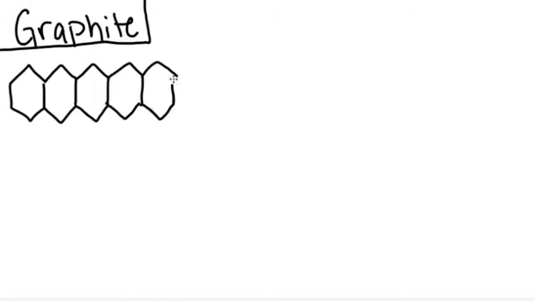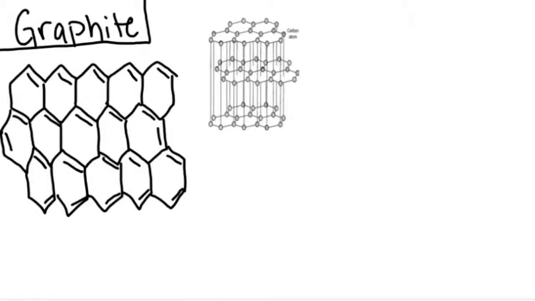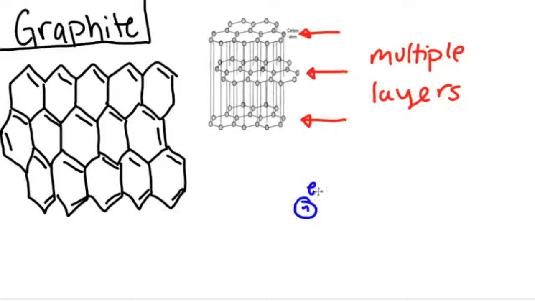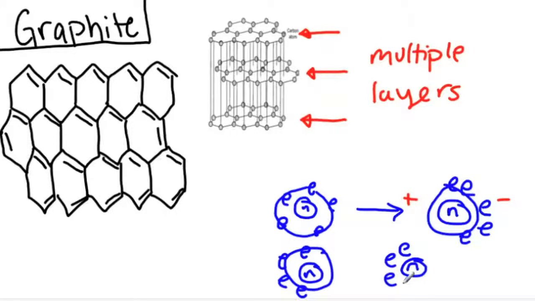Next we have graphite, which is a layered structure. In one layer, each carbon is bonded to 3 other carbons, resulting in a trigonal-planar structure. Within the layer, the atoms are bonded covalently. Each layer is held together with what is known as dispersion forces. Dispersion forces are a weak attraction between atoms that are caused by the placement of electrons. Electrons in 2 different atoms occupy certain positions that cause slight charges on certain sides of the atom, causing an